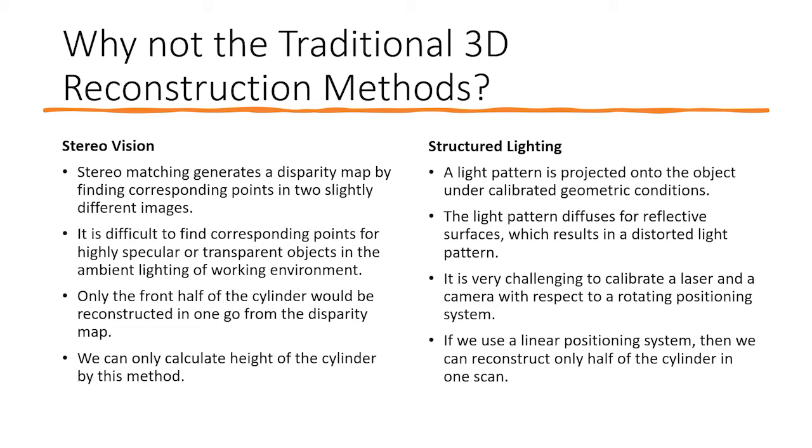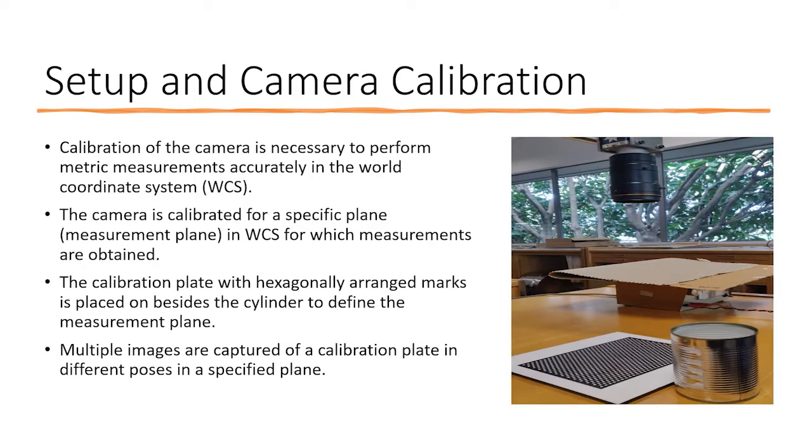And now I'll explain our approach for 3D reconstruction of cylindrical objects. The figure shows the setup for our experiment. As we can see, a camera is looking at the cylinder from top. First, we need to calibrate the camera to perform metric measurements in the world coordinate system. The calibration plate is also shown in the image. The plate with hexagonally arranged marks is placed beside the cylinder to define the measurement plane. We capture multiple images of a calibration plate in different poses in a specified plane. These images are processed using Halcon software to obtain intrinsic and extrinsic parameters of the camera as a result of